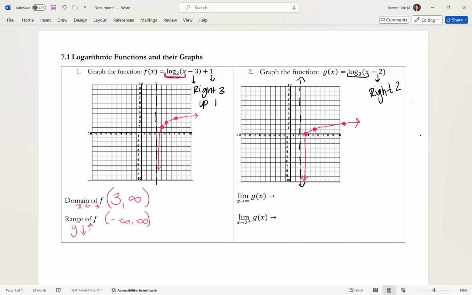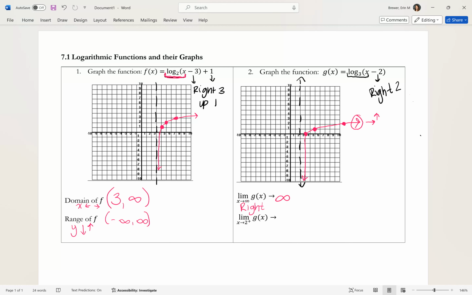All right. So my last 2 questions on here are my limit questions. This first one is asking for the limit as x is approaching infinity. That's asking me to look at the right side of my graph. As my graph is going forever right, I'm focusing on this arrow. That arrow is going forever right, but it's also going up forever, saying that the function itself is approaching positive